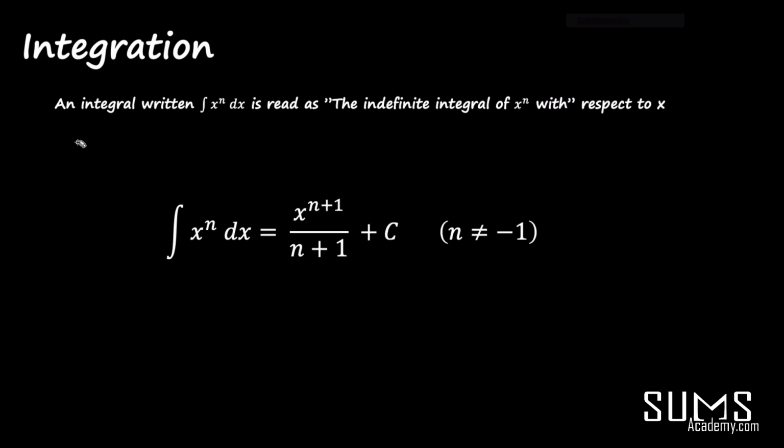So the formal definition of integration goes a bit like this. An integral written like this is read as the indefinite integral of x to the power of n with respect to x. And that means that we are multiplying this function, x to the power of n, which is dependent on x. So if x changes, it will change, and we're doing that with respect to x as x